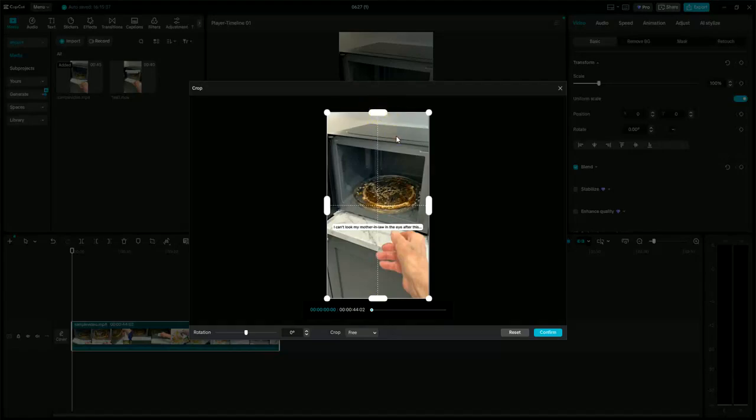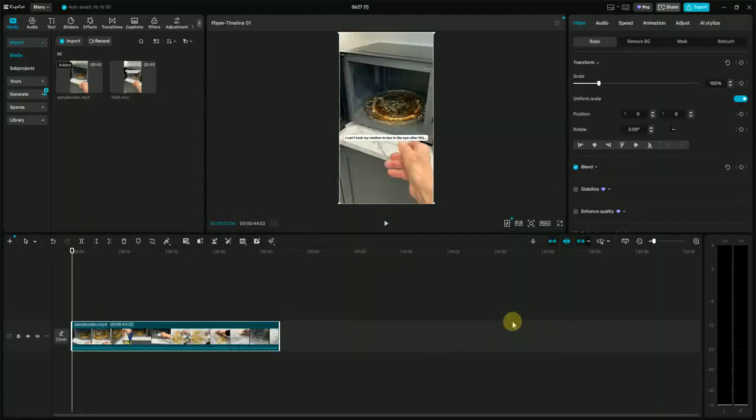Just click on the clip in the timeline, then click the crop button in the toolbar. Adjust the framing by dragging the corners or moving the video until it looks perfect. Once you're satisfied, press Apply or OK to save your changes. Finally, make sure to preview your video to ensure everything looks good before exporting. Remember, choosing the right aspect ratio is crucial for optimizing your video for different platforms and ensuring the best viewing